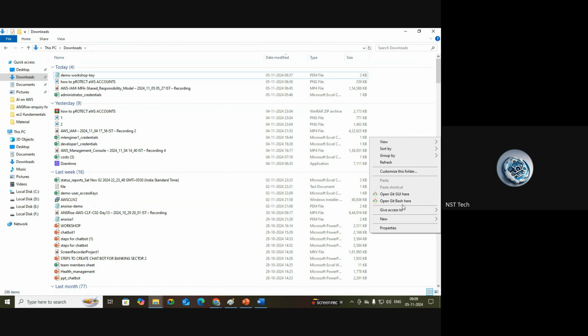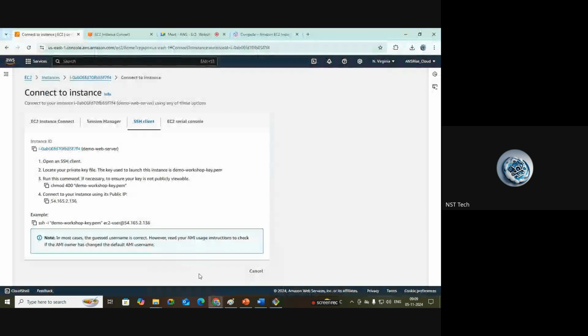If you click on show more options, you can see "Open Git Bash here." Just click on it, because we should open the terminal where the key file is located. It should not necessarily be in Downloads; if it is in another folder, you should open Git Bash there. Wherever your key file is, open the terminal there, and here you should execute this